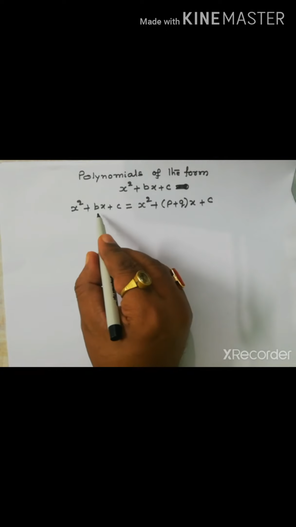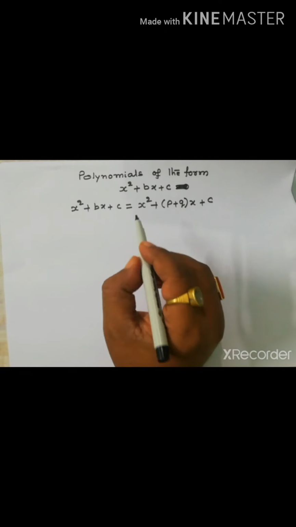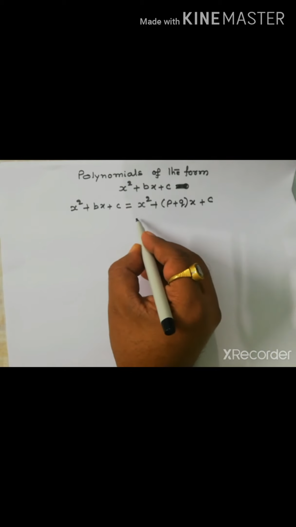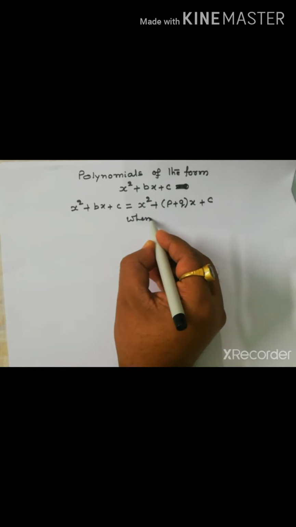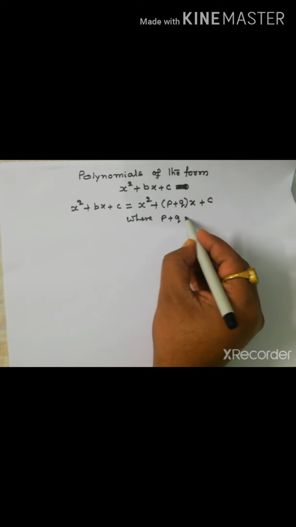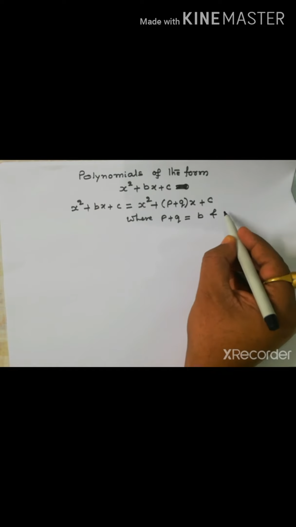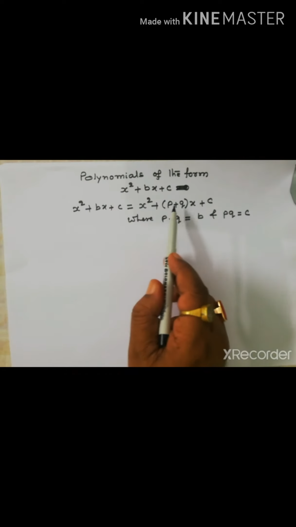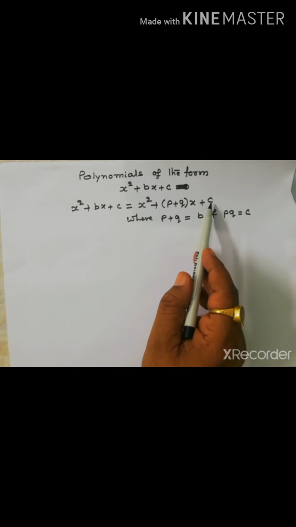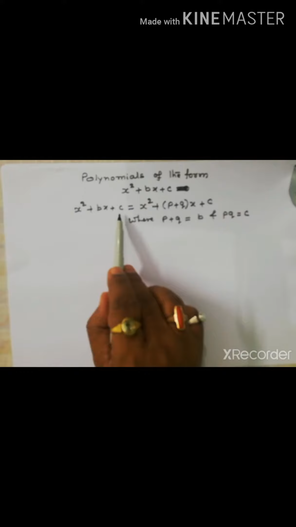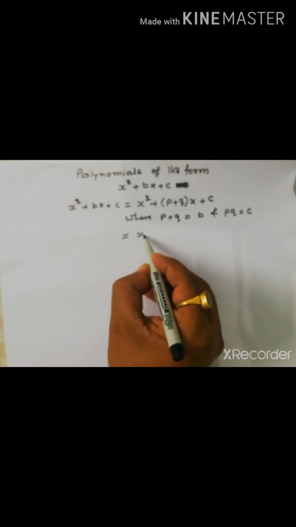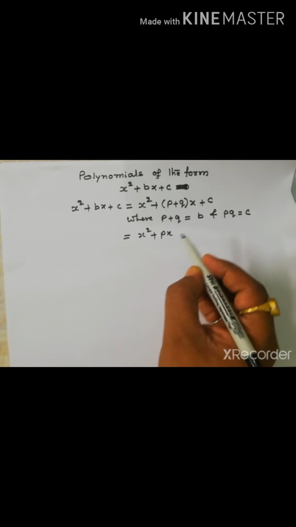P plus q should be b and p into q should be equal to c. So we have to arrange in such a way where p plus q is equal to b and p into q should be equal to c. If the product of these two terms is equal to c and the sum of these two terms is equal to b, then we express this polynomial of this form, and this will be equal to x square plus px